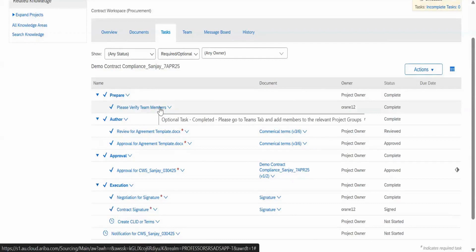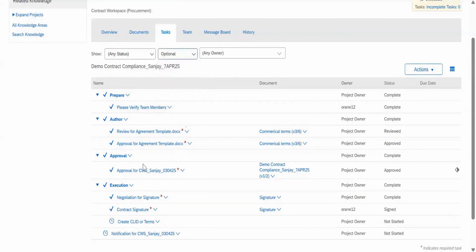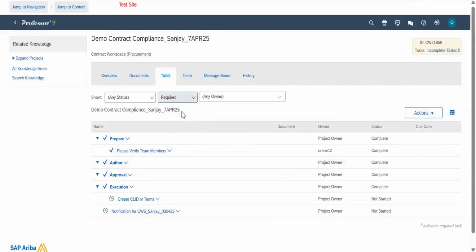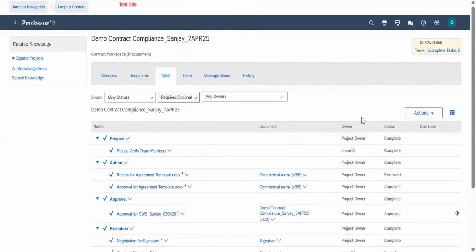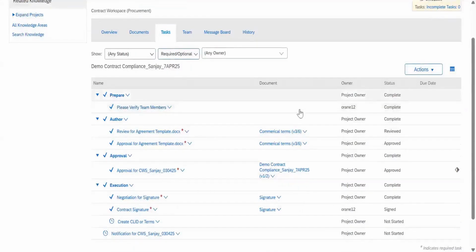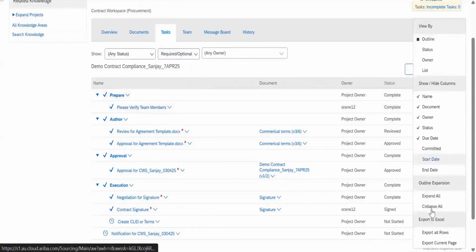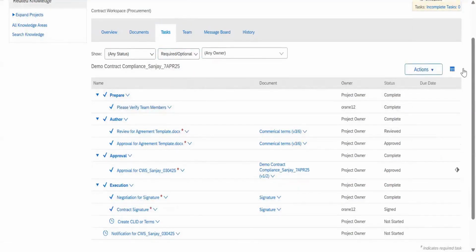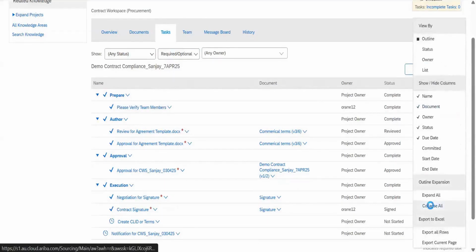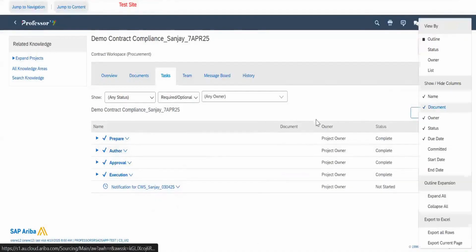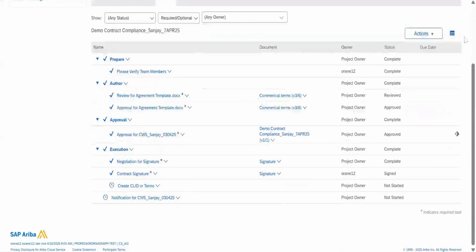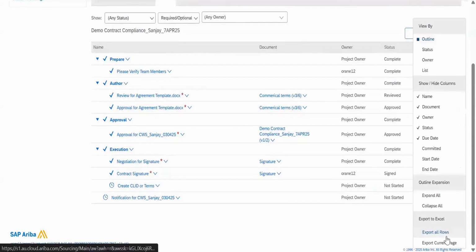And I also want to know the contract manager. Sanjay is the contract manager. And I will also include the date I am creating the project. So by doing this, when I search for Manoj IT, all the contracts created for Manoj will be visible. IT is the commodity. Sanjay is the buyer or the contract manager. The date is when he has created it. You can provide a description about the project, demo for ATM fans. Okay, then let's